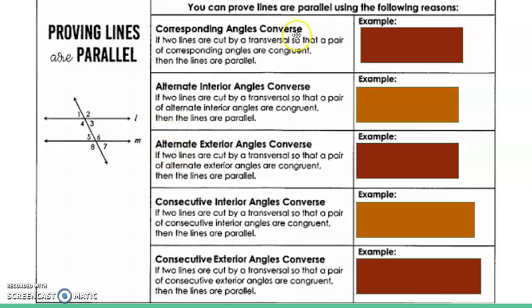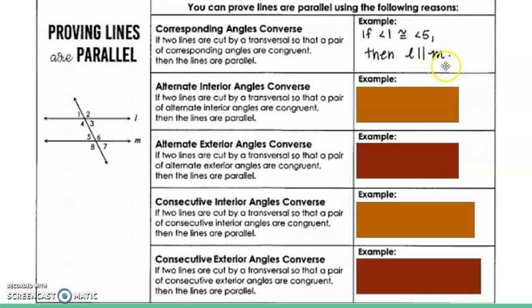So looking at the corresponding angles converse, we are going to use the picture on the left. It says that if two lines are cut by a transversal so that a pair of corresponding angles are congruent, then the lines are parallel. So an example from our picture is if angle 1 is congruent to angle 5, then line L and line